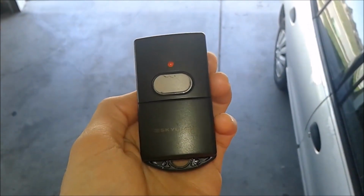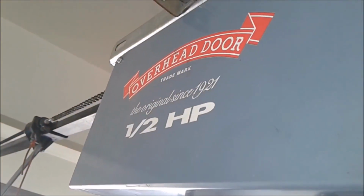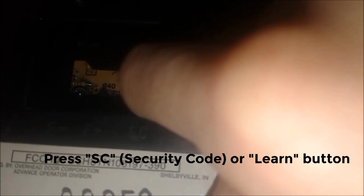Today we're going to show you how we program this garage door remote control opener to the overhead door garage door opener model 555. Okay, so the first thing you're going to do is press the security code button